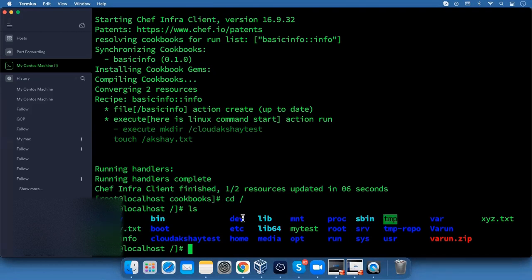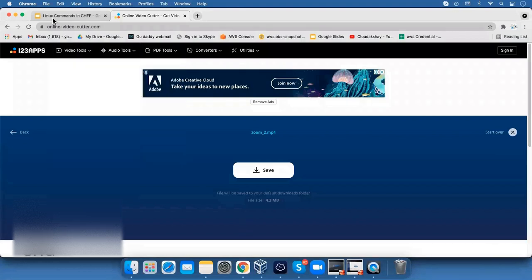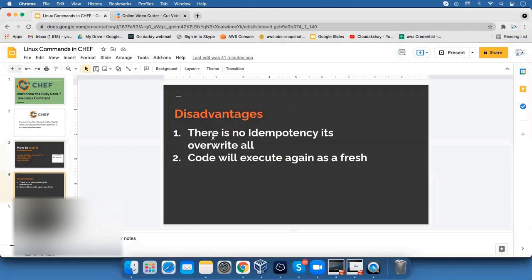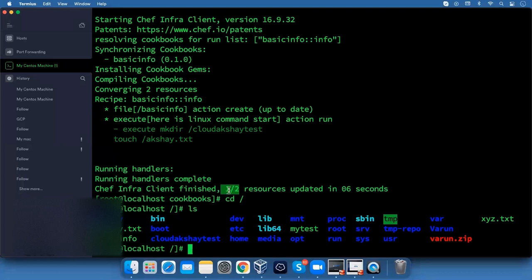Now what are the disadvantages of this? If we run the Ruby code again and again, it will execute and overwrite everything. There is no idempotency; the code will execute again as fresh. So let's try this. 1 by 2 is here right now and we execute the code again. cd cookbooks.